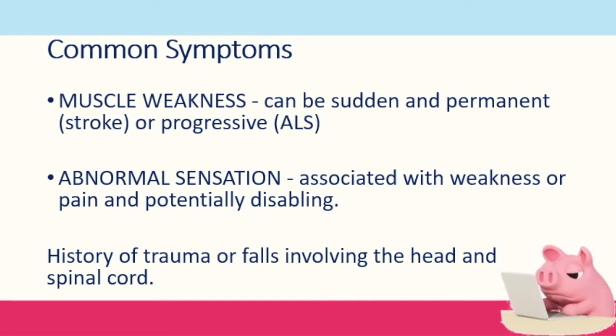The next part here, class, is related to the history of trauma or falls involving the head or the spinal cord. Now, class, if your patient had an injury to the head and the spinal cord, you have signs and symptoms or diseases that can develop across the years. So you need to check, class, if your patient had this history, because if your patient had a history of fall, they will be at higher risk of having falls also. Okay, so then we have your